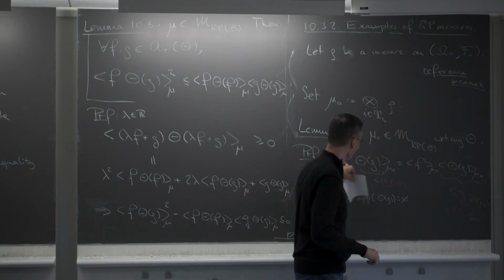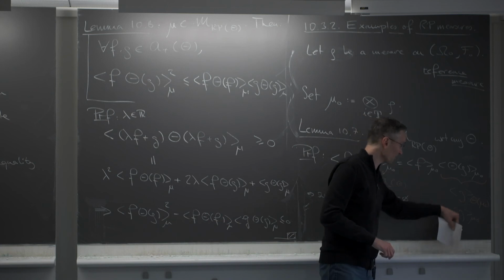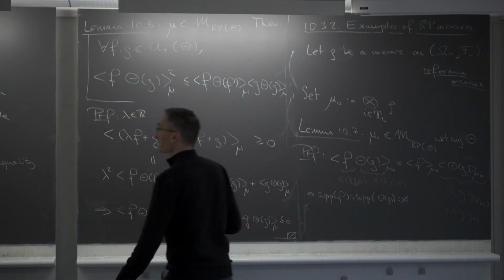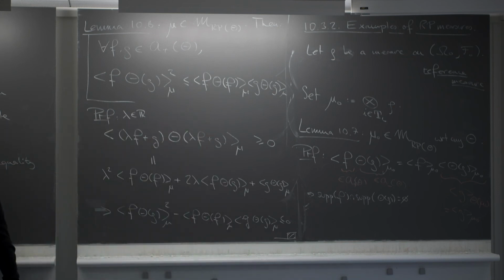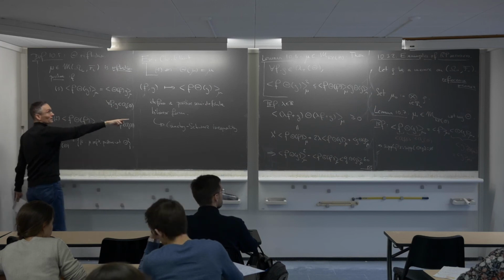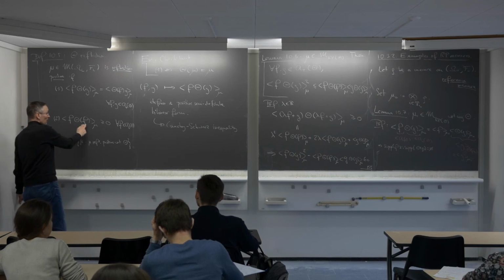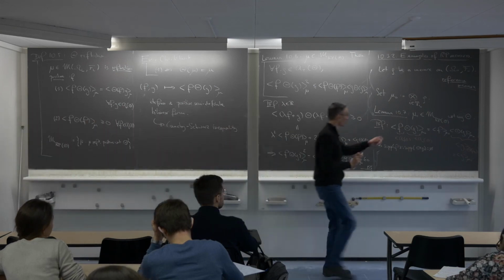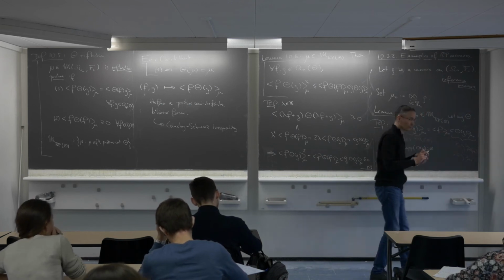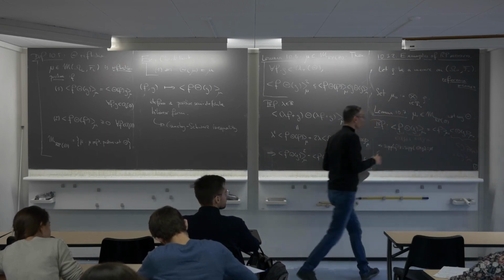So that means that your expected value of f theta g is just the expected value of f times the expected value of g. And then it's obvious that the two conditions that define reflection positive measures are satisfied. The first one, because it's completely symmetric in f and g. And the second one, if you take f equal to g, you get that the expected value of f theta f is the expected value of f squared, which is also non-negative. So it's trivial. Okay, so for product measures, there is no problem.